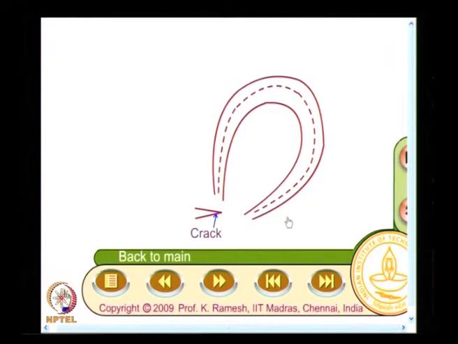So, the typical shape in a crack is like this, and I enlarge the picture. If I have to identify the minimum intensity point, I need to find out the edge normals, only then I can do that. So, my scanning has to be done appropriately for each of these segments. A simple horizontal or vertical scanning will no longer be sufficient.